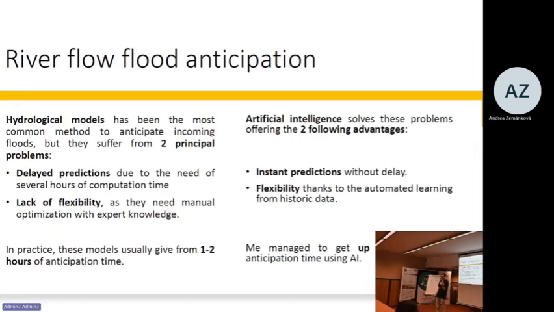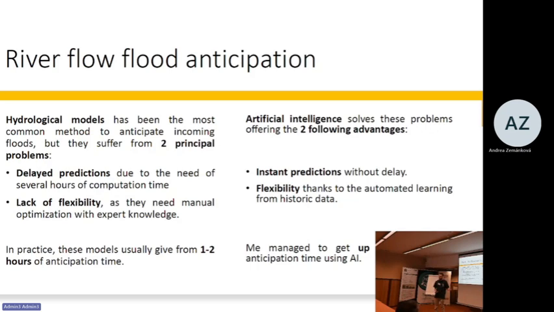There are two possible techniques that are used for dealing with river flow prediction. One is by using physical models that use physical equations to estimate how the river is going to behave in the following hours. Another approximation is using AI. Instead of using physical laws, we learn the patterns that lead to water increases